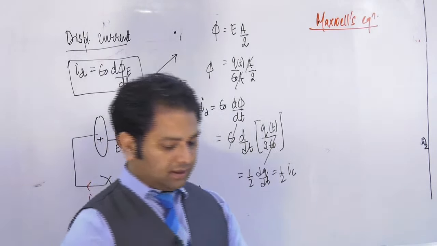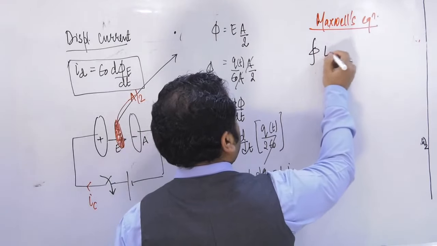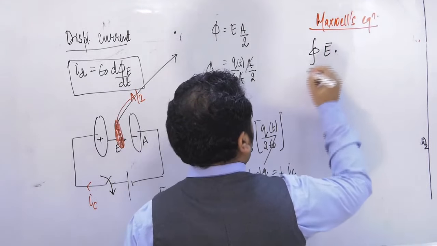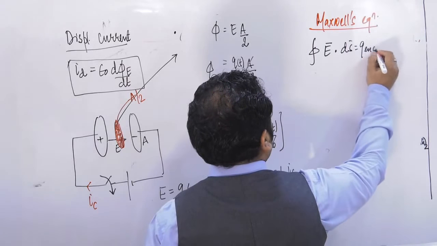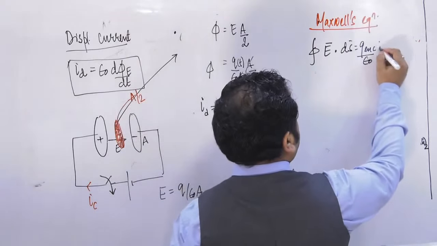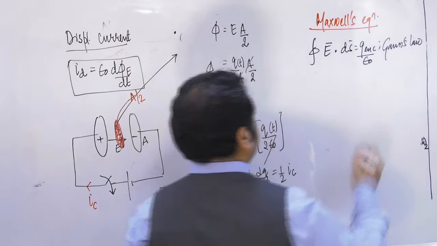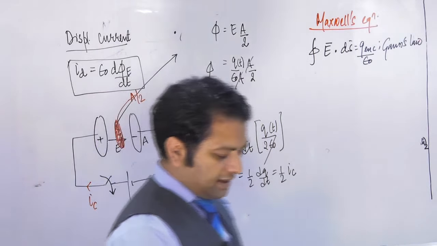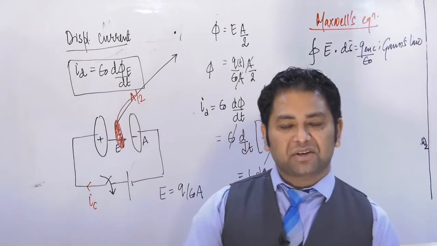Maxwell's equations. The first equation of Maxwell is E dot ds is charge enclosed by epsilon naught, and that's basically Gauss's law. So you may be thinking that it's Gauss's law, then why do we call it a Maxwell equation? You should remember,